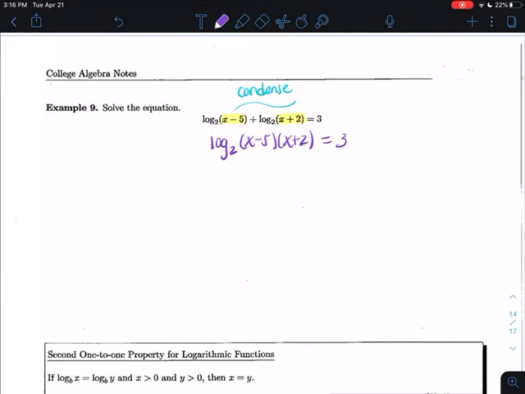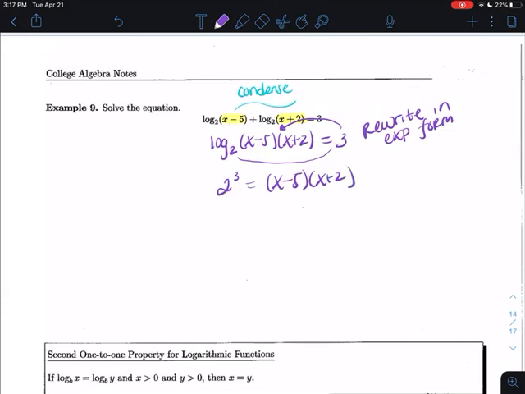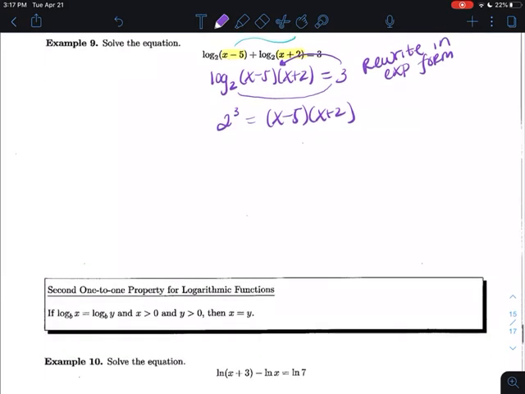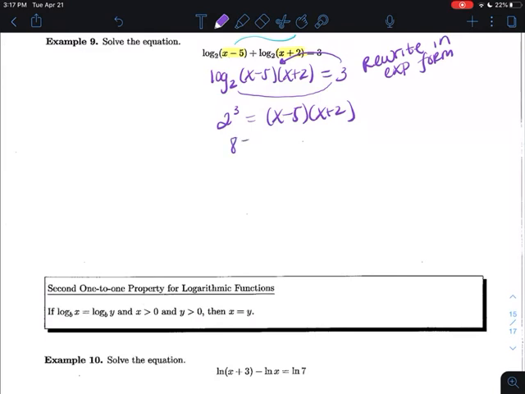So now I can solve this by rewriting it in exponential form. All right, so to rewrite this in exponential form, the base is 2, so 2 to the 3rd power equals this stuff beside it, which is x minus 5 times x plus 2. All right, so simplifying this, I get 8 equals, using FOIL or the distributive property, x times x is x